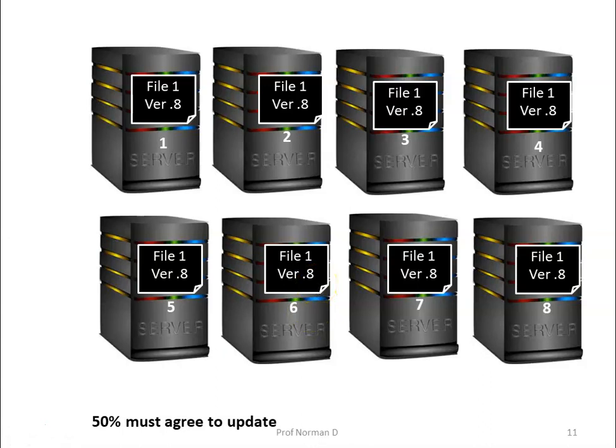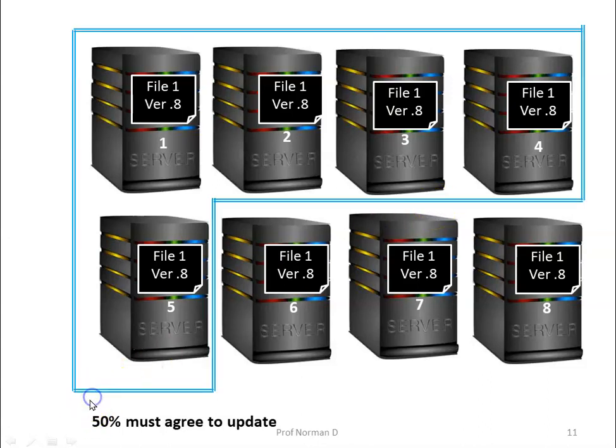a client must contact at least half the servers plus 1. So if we consider half of the servers over here, then it will be 4 servers. But our requirement is half plus 1. That means we need to consider more than 50% of the servers. So in this case, I consider 50% of the servers plus 1. That is, in total I am considering servers 1, 2, 3, 4 and 5.